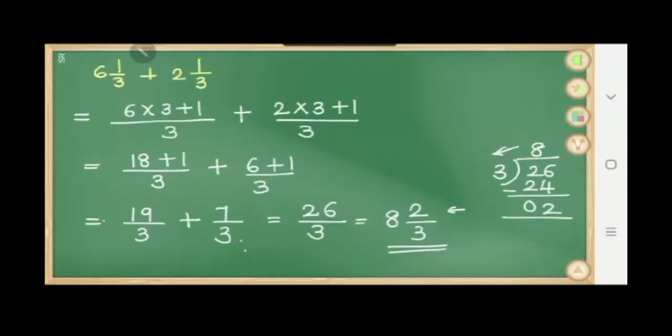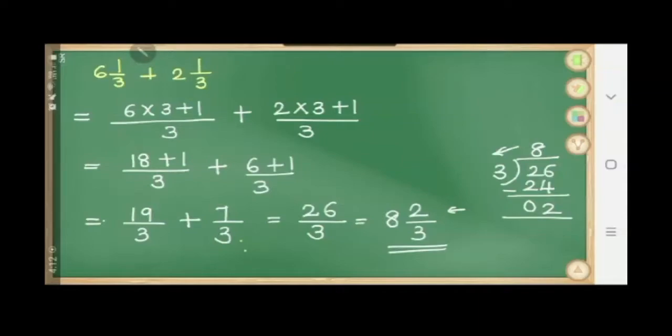Okay, so I hope you all have understood how I have done the steps. The first thing is converting the mixed fraction into an improper fraction, which you have already learned how to do. Then after converting into improper fractions, I can see that the denominators are equal, that is, they are like fractions. So here you do not have to do any extra steps. If the fractions are like fractions, add the numerators and write the same denominator.